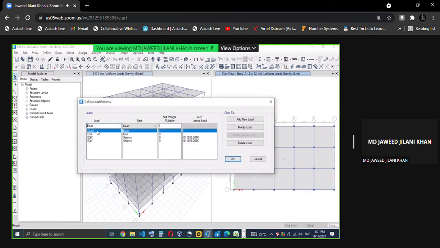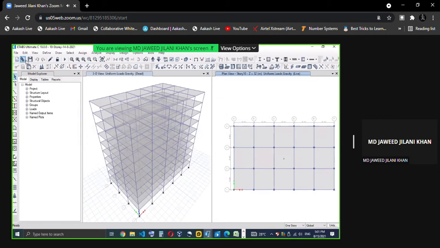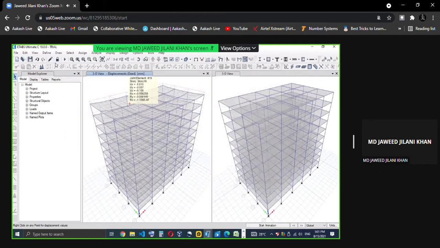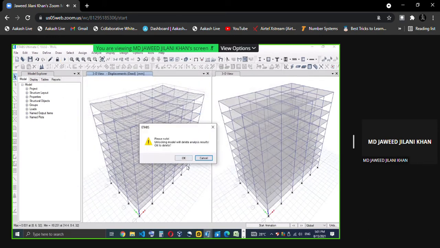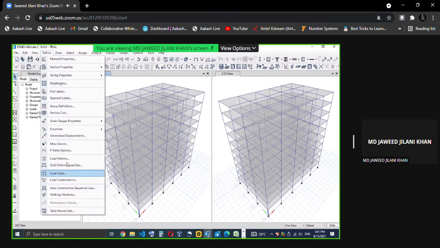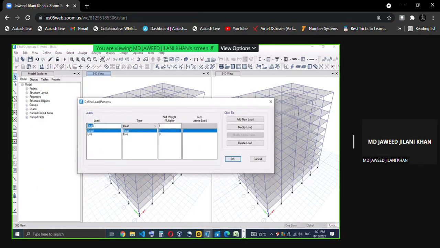Here dead load and live load were already given. I'll unlock the file which we are working on here. This is a trial file. Define, load cases, load patterns. So here only dead load and live load are there.